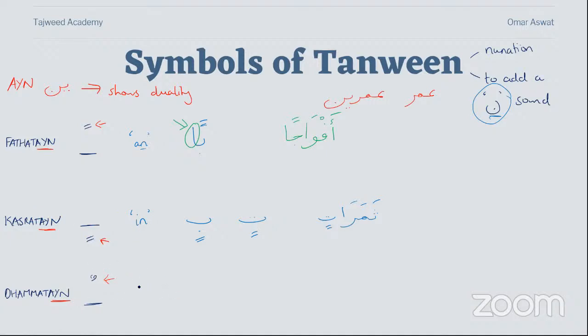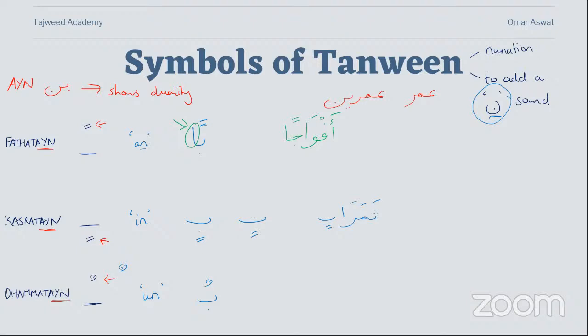And dhammatain, any letter with a dhammatain makes the un sound. Ba dhammatain bun. That's the symbol. It's written differently in different transcripts, but it can be the full thing as well. But generally it's written like that. So we say ba dhammatain bun, not bon. Bon is incorrect. Why? Because my lips didn't come up. So think about it, practice. It's ba dhammatain bun.